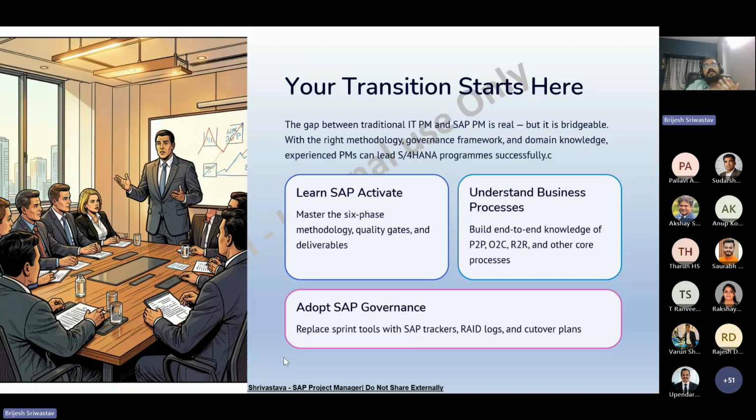But if you are not aware of the business process, how are you going to ask your team, and how are you going to ask your client? Because I always tell you, as an SAP project manager, we need to work with a consulting mindset. That's why we can provide examples, ask the client accordingly, and provide the solution also. So you need to think about the right questions to ask during the workshop or before that.